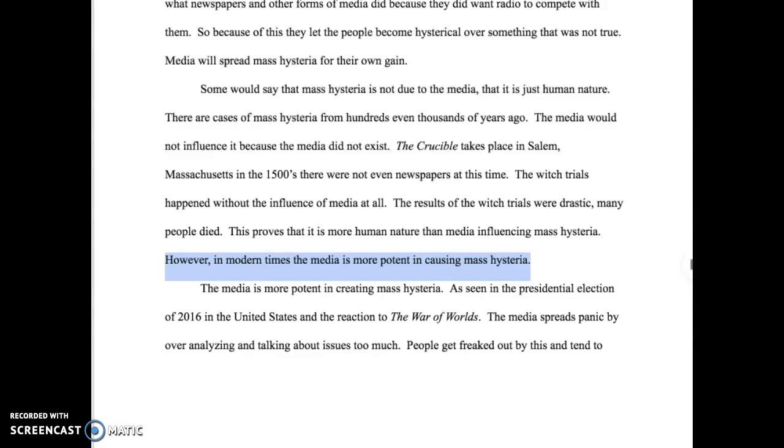When you end the paragraph with, however, in modern times, the media is more potent in causing mass hysteria, that is really good, because that's very true. And the way you've pulled in evidence is good so far. So good way to start this and good way to end it. And as we look at this, you're right, we do have mass hysteria from so long ago, and you have the Crucible,